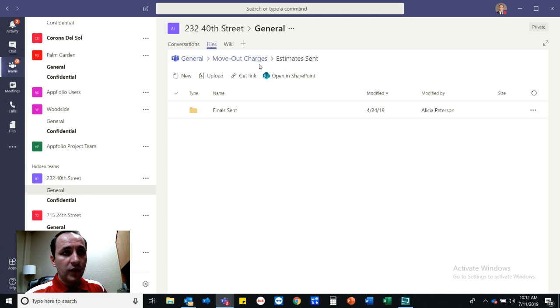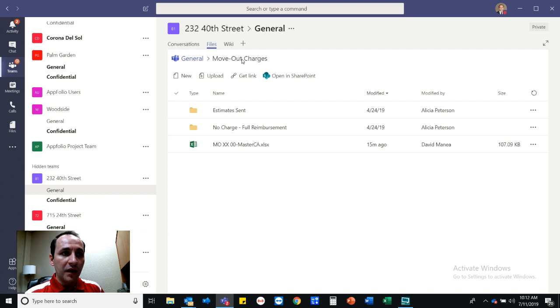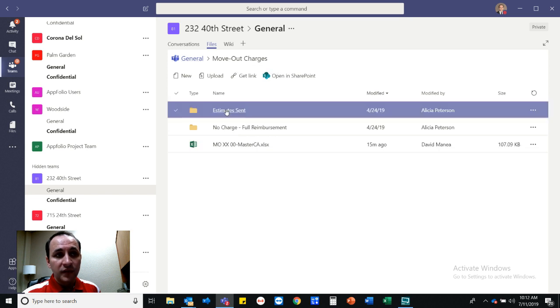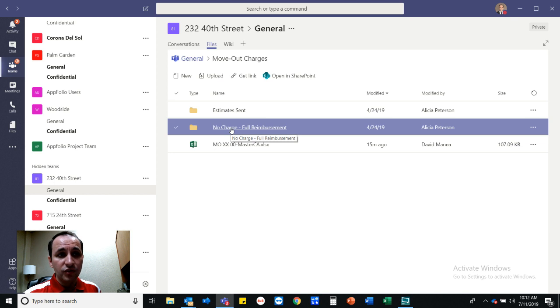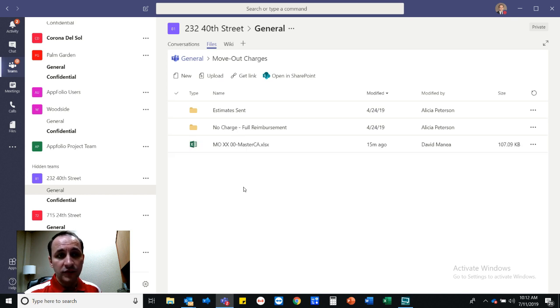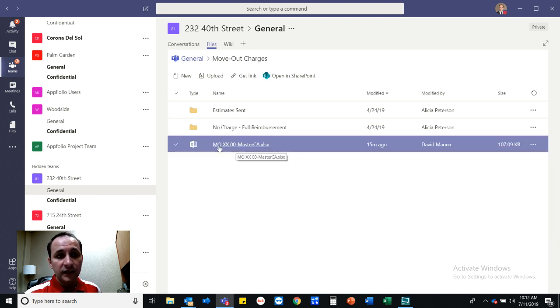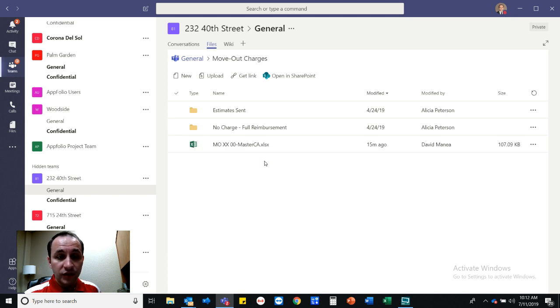Okay, so I'm going to go back. So remember, like I've said, we're going to go back to our, what do they call it, the cookie crumb, or whatever they call this thing, going backwards towards our main folder, which is the move out charges folder. So inside the move out charge folder from your general tab, we have estimates sent folder, we have no charge full reimbursement folder, and then we have a master version of our